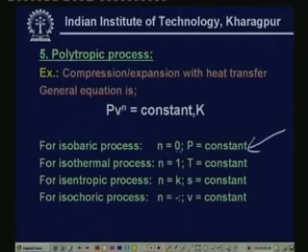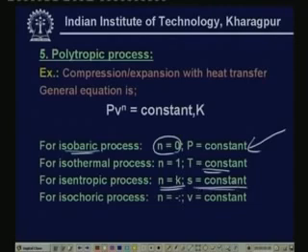P is constant, that means n has got to be 0. So when n becomes 0, P becomes constant, so this polytropic process reduces to an isobaric process. And when n is equal to 1, PV is constant, and this becomes an isothermal process. And for an isentropic process the polytropic coefficient simply becomes the adiabatic coefficient, that means